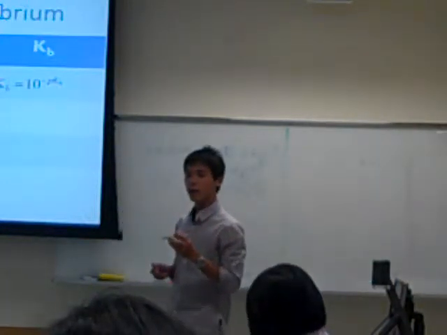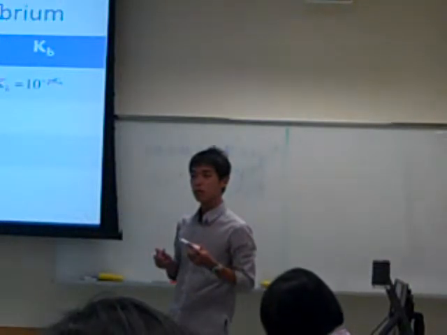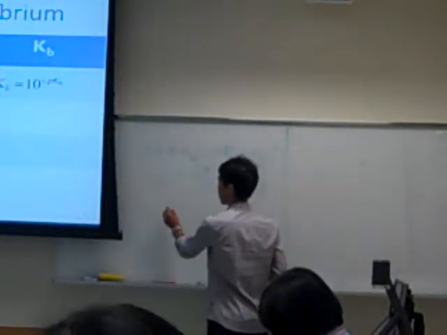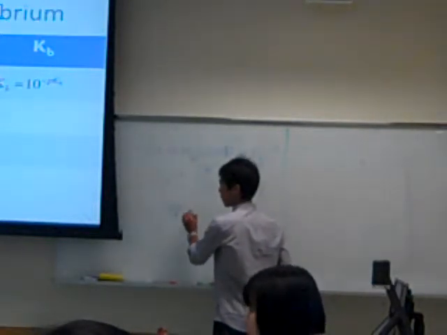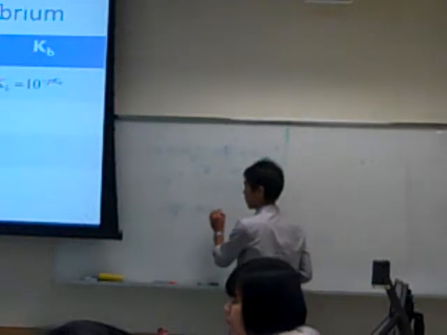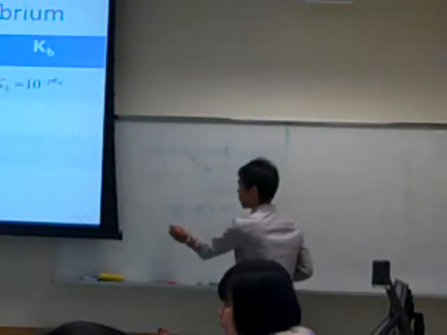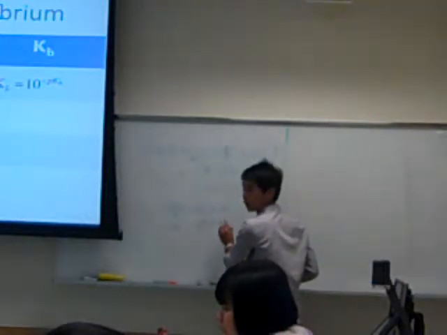55.6. How do you look it up? 1000 divided by 18, because we take the density of water to be around 1 gram per cm cube. So we have 1000 grams over the molar mass of 18, and we get 55.6 mole per dm cube. Imagine if I have 1 mole of a weak acid and 55.6 mole of water.